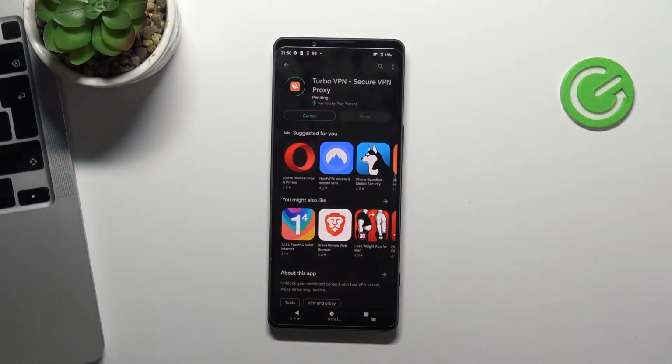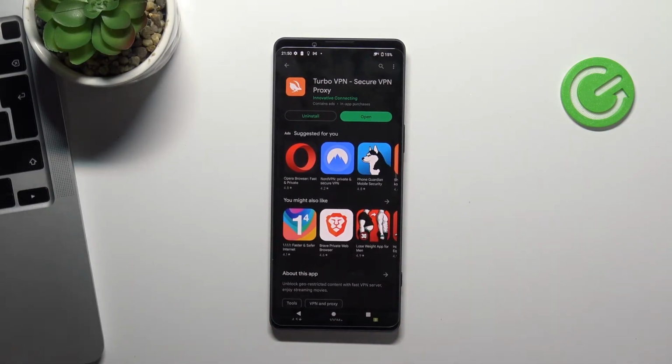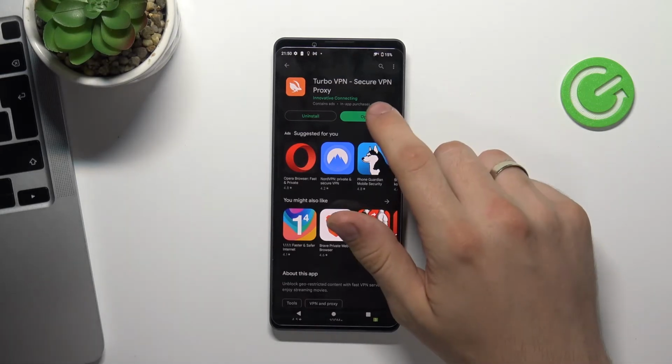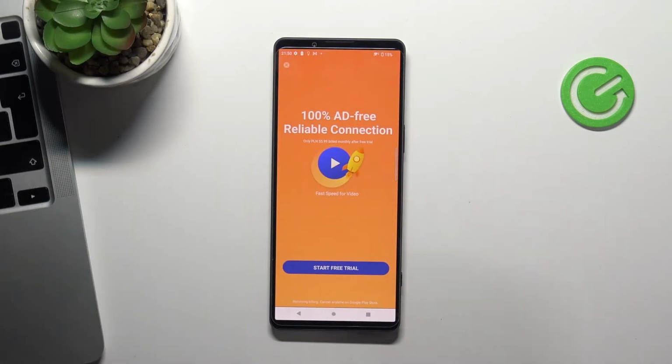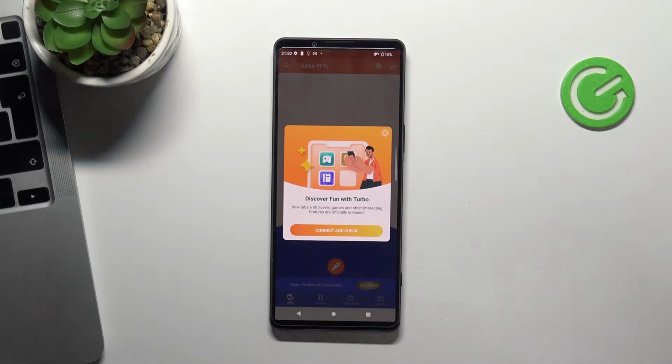But you need to know that free VPN services don't protect your private data, so don't use it to watch content that can't be visible for others, because it's not too private. So just open Turbo VPN, click on the cross in the left top corner, and